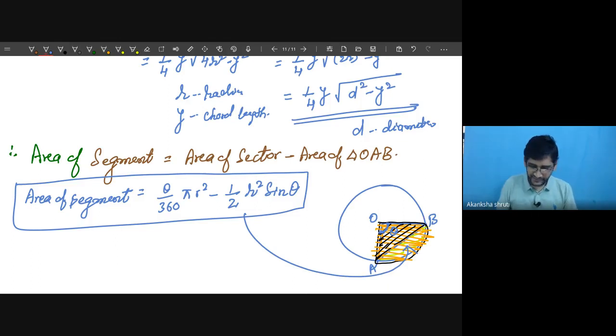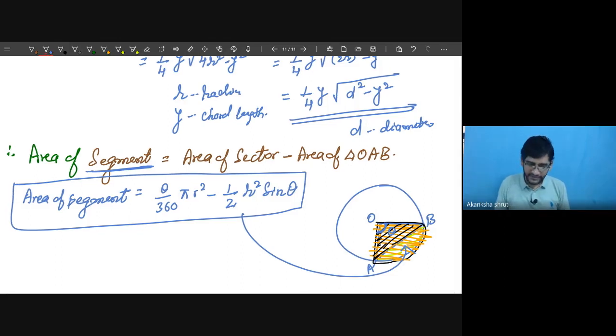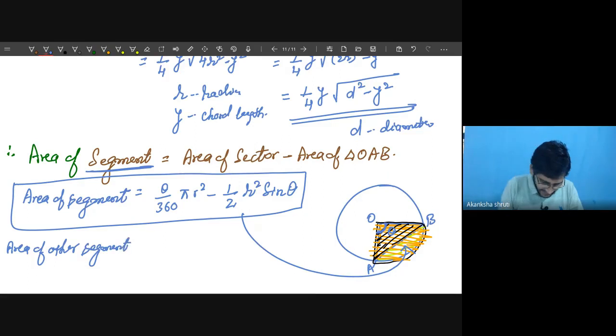Getting it? So the area of this segment is obtained by subtracting the two. Student, again, this is the general formula. If it is written the reverse way, just take the angle properly and you can get it. Don't worry about that. If you are considering this theta as acute, or an angle less than 180 degrees, then the area of the other segment, let us consider this as the major segment, is obtained by how much?